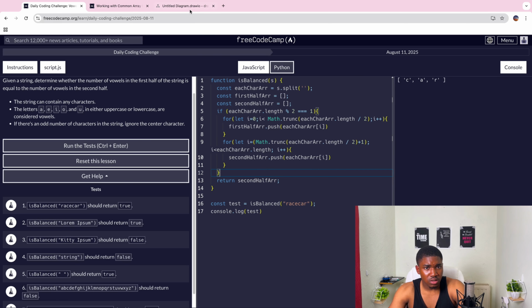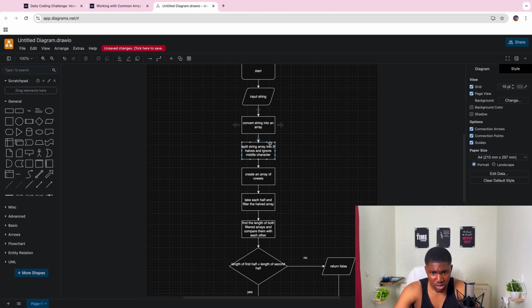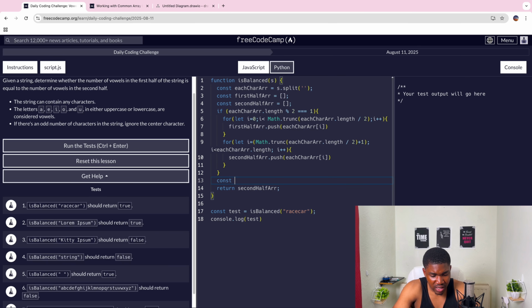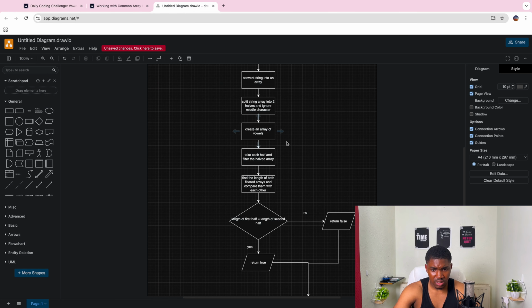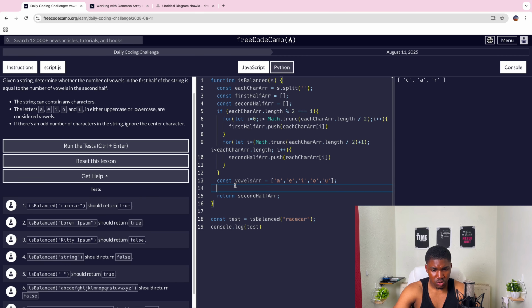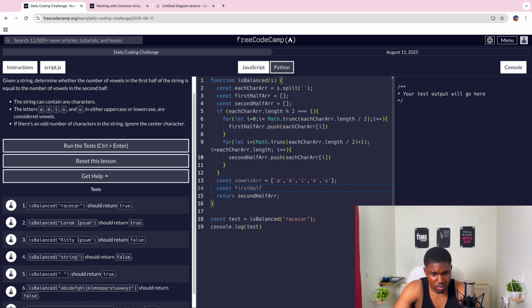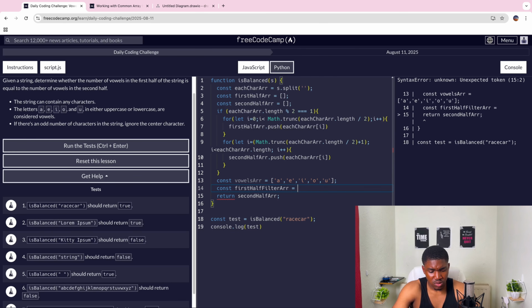Now we want to filter. Let's see. So we've done this. No, we haven't done this. So we want to create an array of vowels. So let's do that. So const vowels array, so vowels equals A, E, I, O, U. That's our array of vowels. Then we want to filter, so we've done this now. So we want to take each half and filter the halves array. So let's do const first half filter array equals first half array